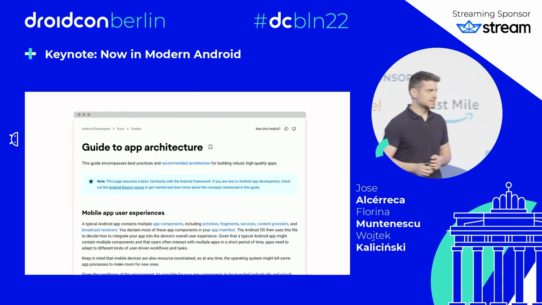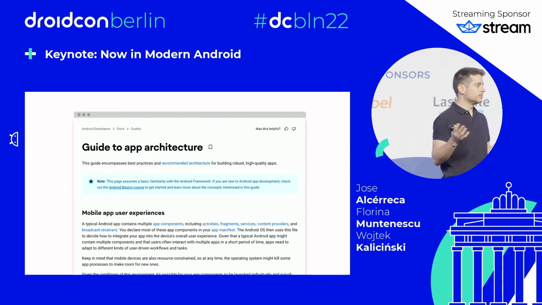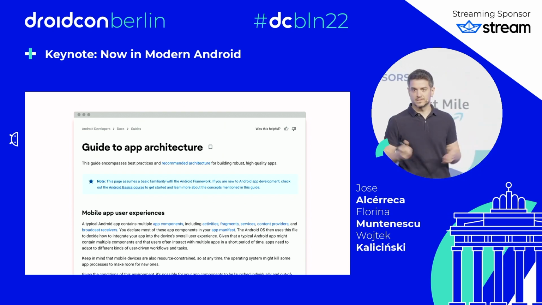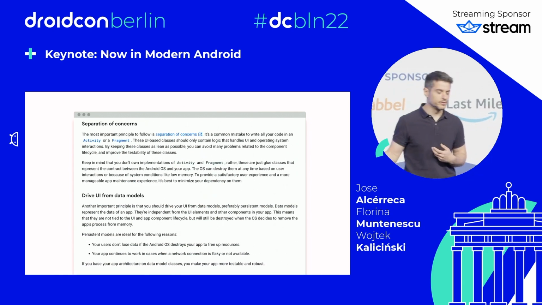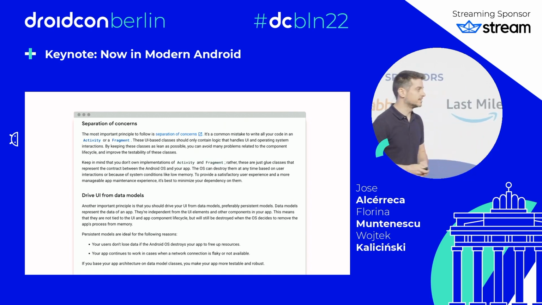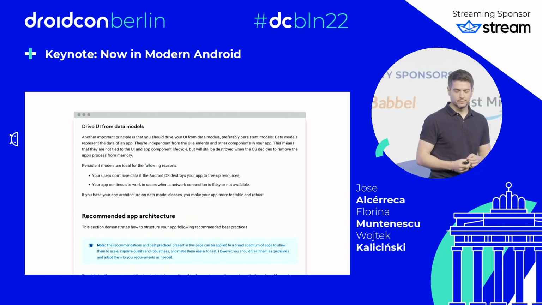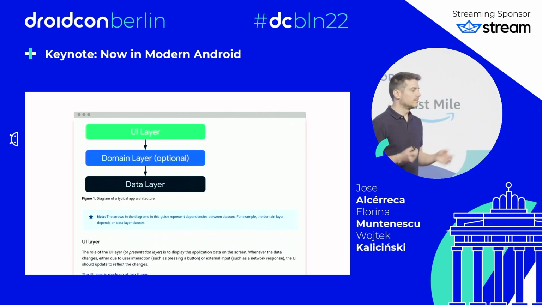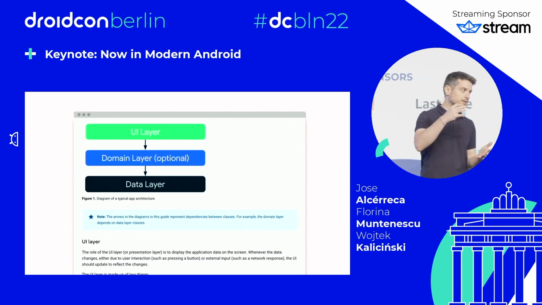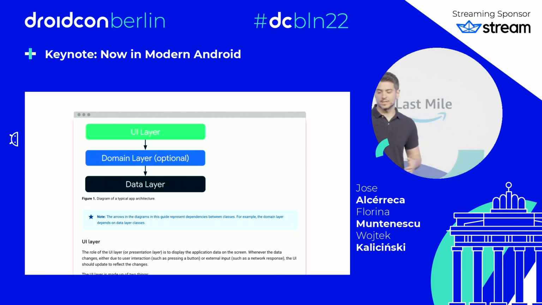The new guide has lots of opinions, but ultimately, we base them on a bunch of common software engineering principles, like separation of concerns, so you don't stick all your code into the main activity, driving the UI from data models so that data is not lost when apps are restarted, having a layered architecture with clear, well-defined interactions between the layers,